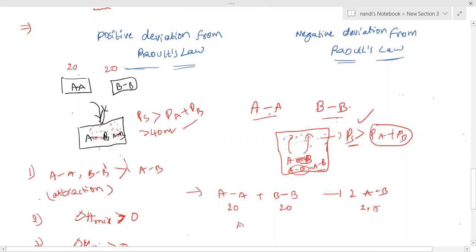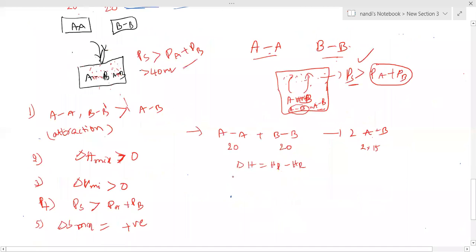Now what's the delta H formula? H product minus H reactant. We understood this one, I think so. Once upon a time you did thermodynamics. H product is how much? 2 into 15, this is the product, minus H reactant, 20 plus 20. What are we getting here? Delta H is